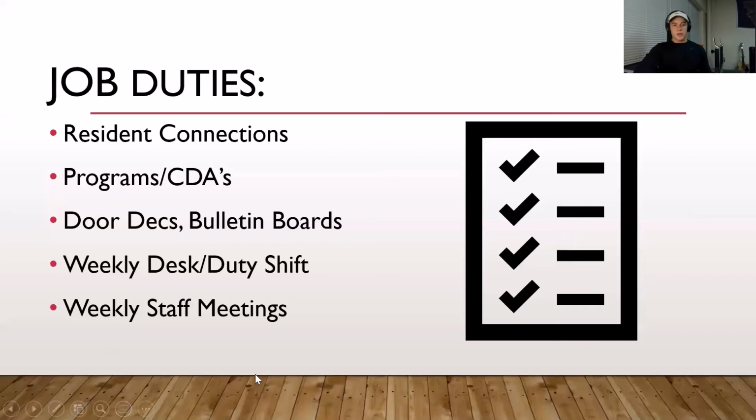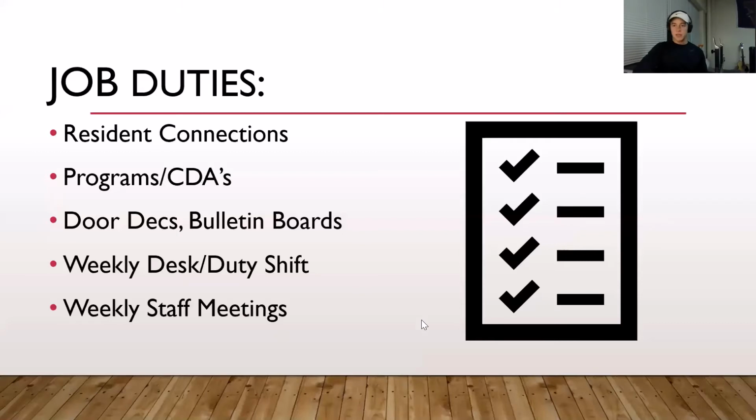And then we have your weekly staff meetings. So I have 2 bosses. I meet with one of them each week, and then it flips each week. So I guess bi-weekly, I meet with them bi-weekly, and then on the other week I visit the other one. And then we have an actual staff meeting as well. So all our RAs plus our bosses, and that's once a week. So there's 2 total meetings per week.